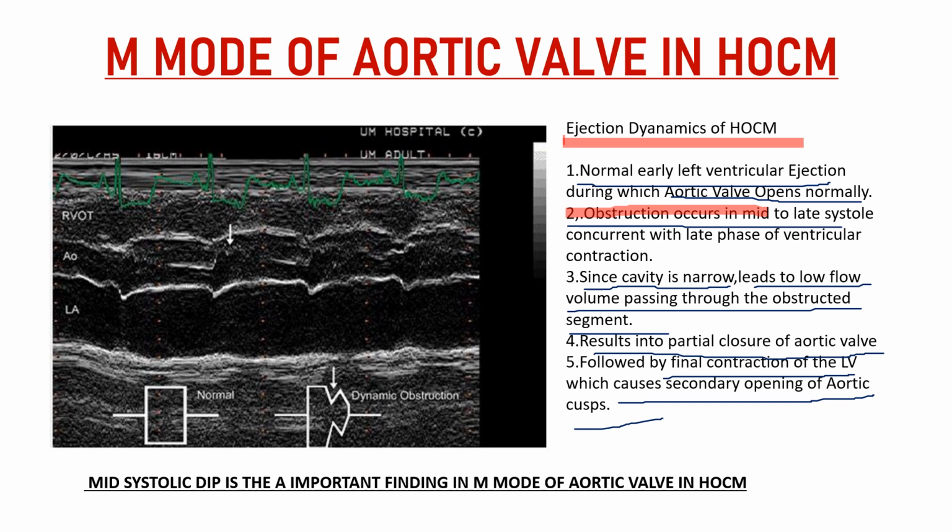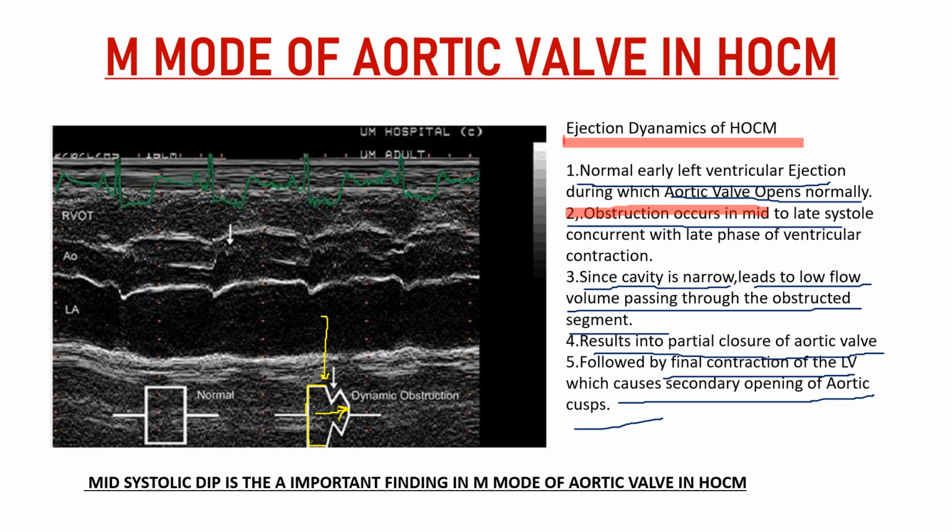Now, if we see here, as I have earlier said, the aortic valve opens normally in systole. Up to this point, this is up to mid systole, it normally is open and most of the blood passes through it. Now the mid systolic cavity, the obstructed cavity, is narrow, so little blood passes through the obstructed cavity, and this